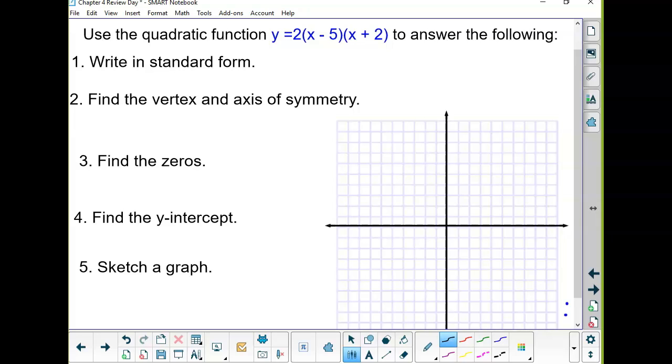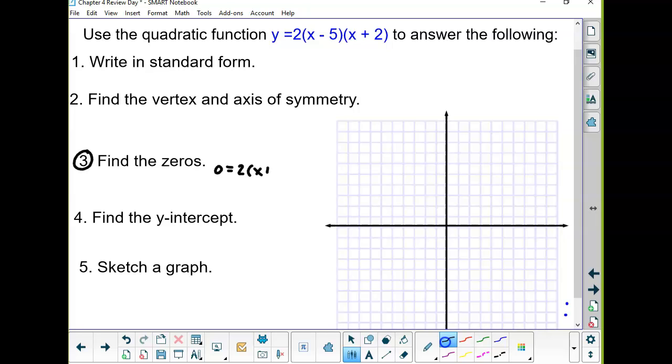We'll make it work today. So we have to take the function that is written currently. This is in intercept form. So right away you could know your zeros, which maybe I'll do that to start, since I'm already in my intercept form,